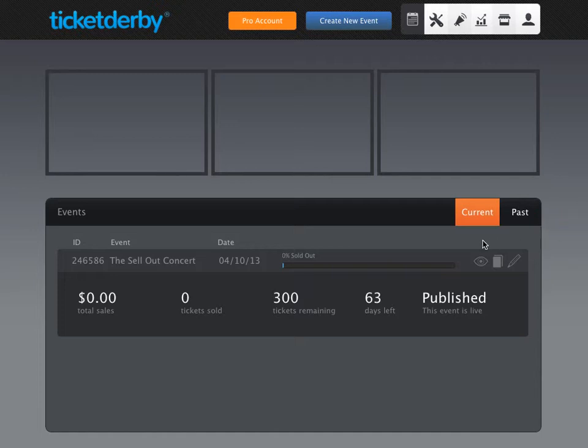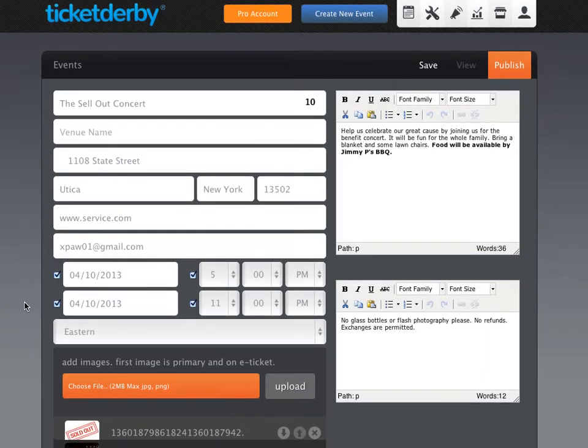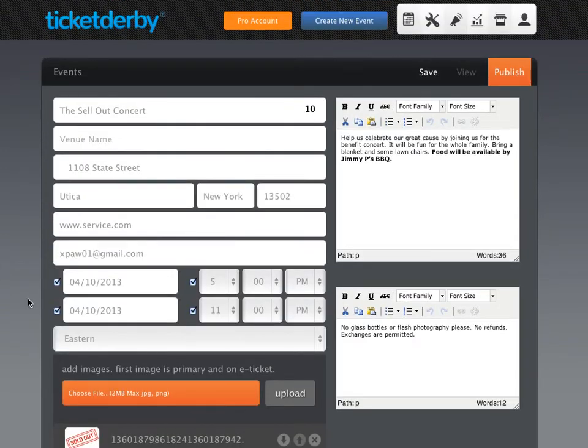is let's say that this event is very successful and I want to have another one in August. Well, I can actually clone the event by clicking this little icon right here, the two pieces of paper on top of each other. And if I click that, it's going to create a brand new event with all the same information I had before. And now all I need to do is change some options. So I'm going to make this the